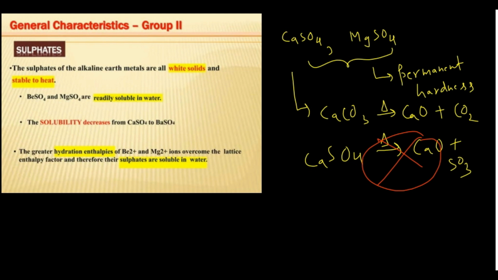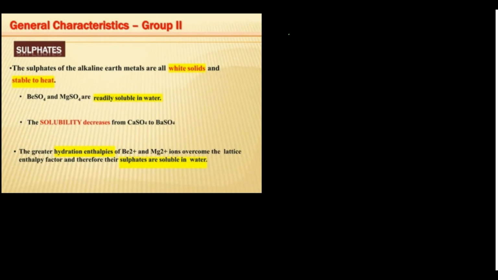This is something very, very important. And now the next thing, say for example, the sulfates of the alkaline earth metals are all white solids. You can check, calcium sulfate is white, and magnesium sulfate is also white, and they are also stable to heat. That means they are thermally stable. Say for example, you have beryllium sulfate,